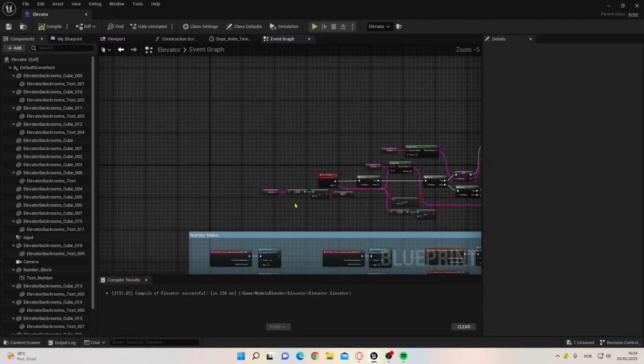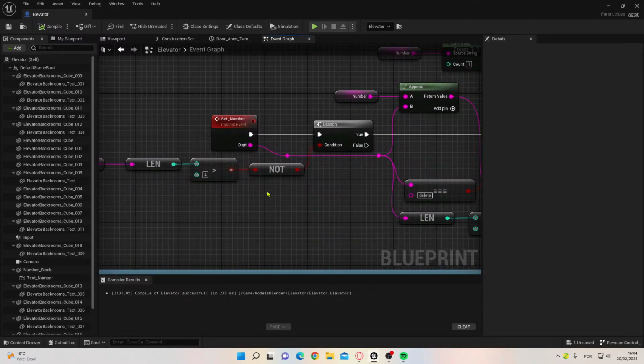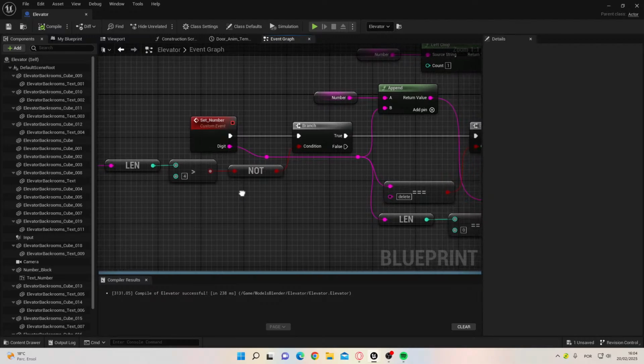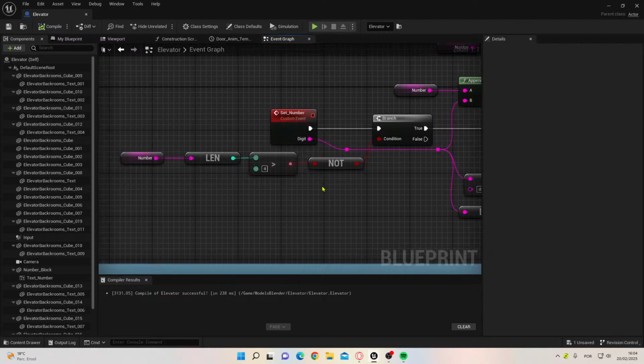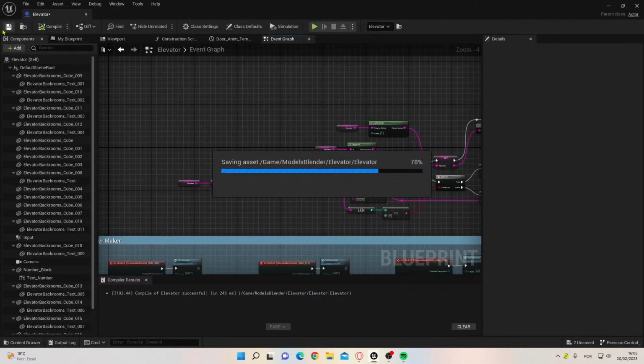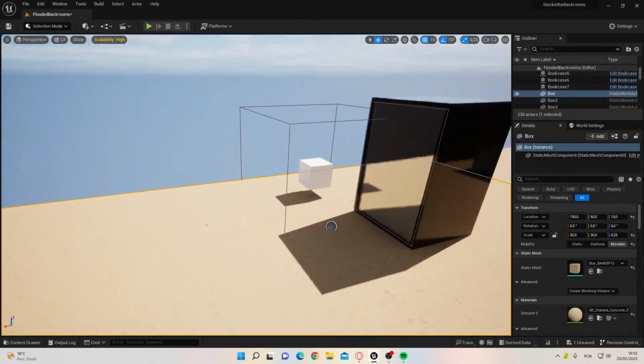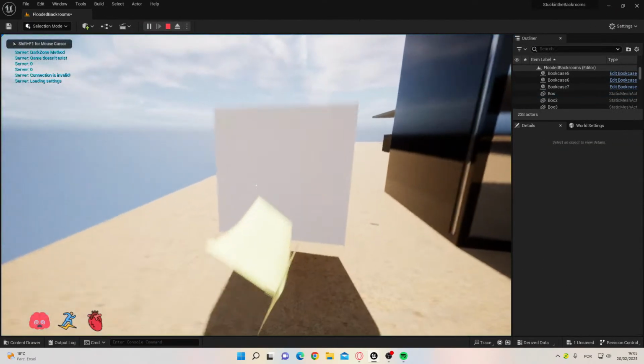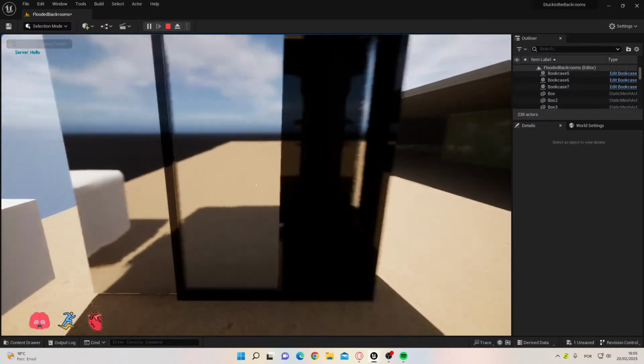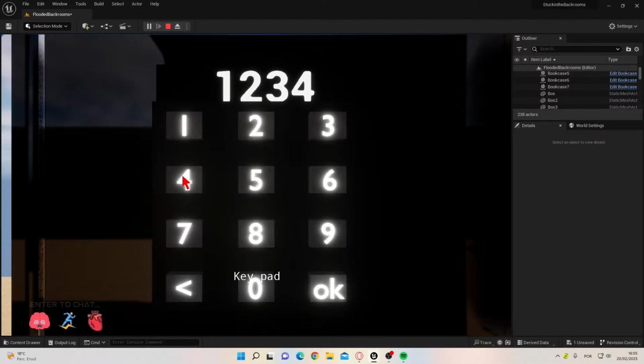Okay, now, number length superior to 4, if it's not superior to 4, it's actually not 4, it's 3, because we add the number after. Now 1, 2, 3, 4, 5, yeah, it only goes,